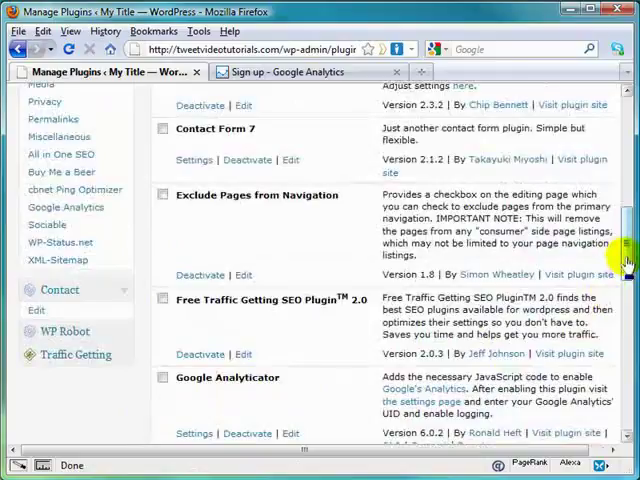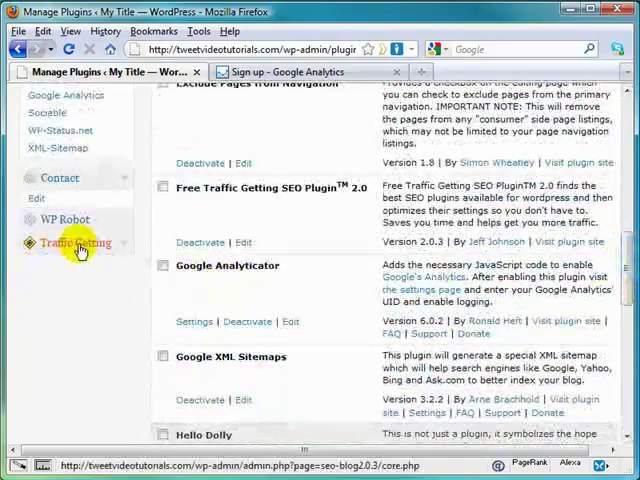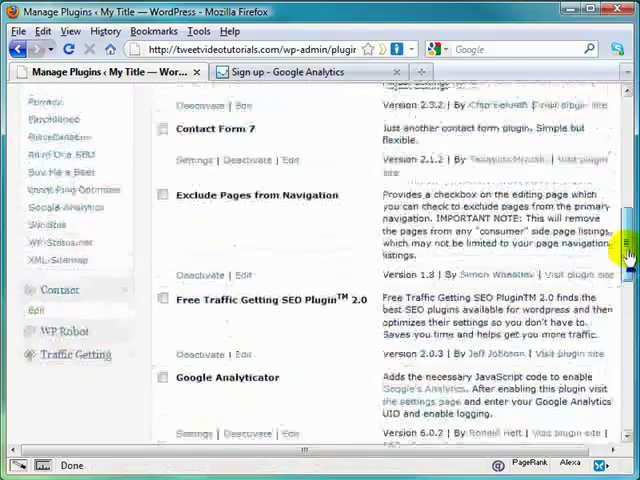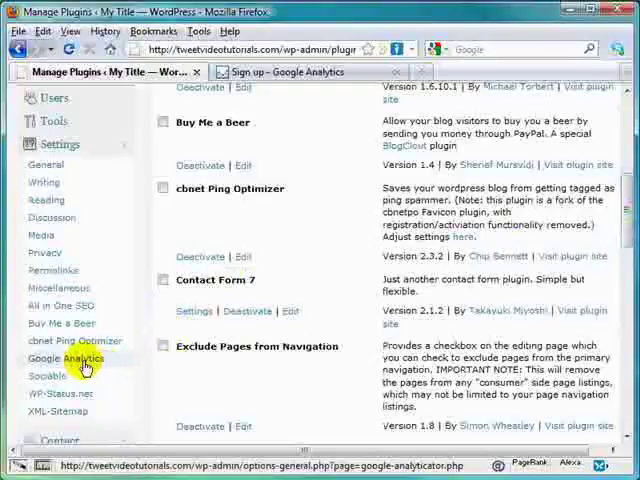Oh, and by the by, this is part of the core plugins of the newest version of Traffic Getting SEO plugin. So this will work hand in hand with getting you some good SEO rankings. So if you click on this under the Settings tab,